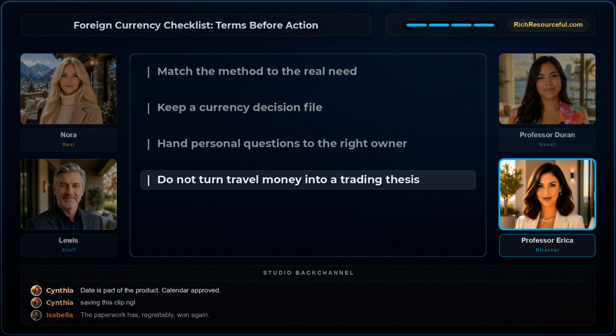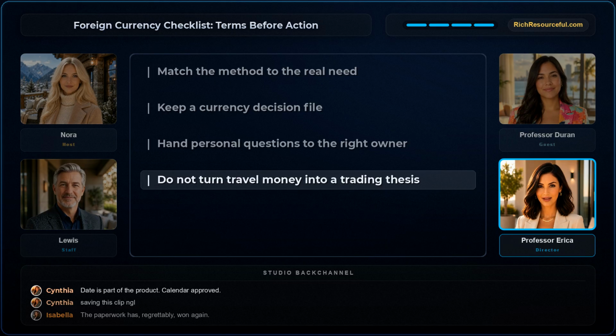Add the operational questions that often disappear from a short pitch. How will the order be executed? Who holds the collateral or cash? What happens in a fast market? Can the provider change margin requirements? Which costs accrue while the position remains open? What record will show the trade, conversion, financing, and close? None of those questions predicts a price. They do decide whether a viewer understands the agreement being accepted.